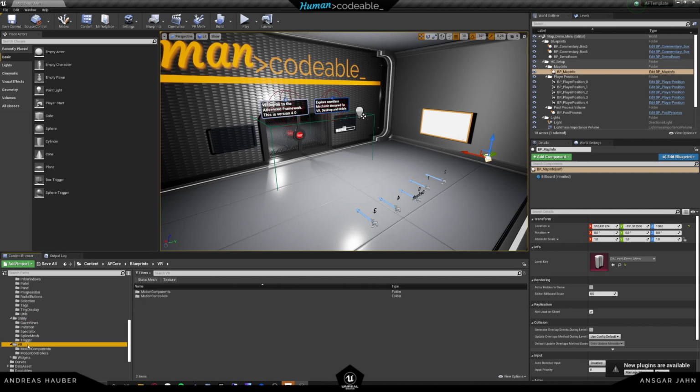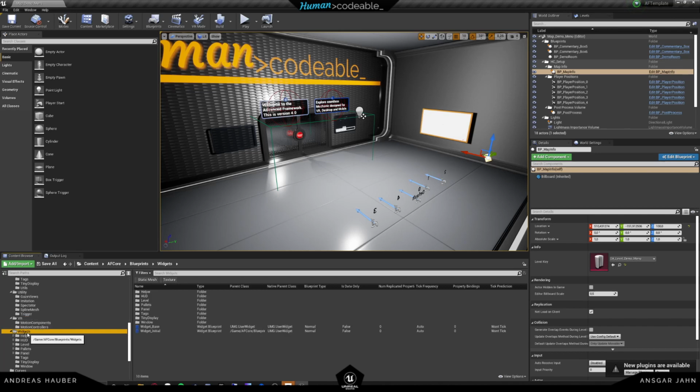A very important folder again is a VR folder, which has two subfolders, the motion components and the motion controllers. When we explain how to set up the VR pawn, we will also explain how to set up the motion controllers and the motion components, because this is a very, very core and important concept, and it should be explained in depth. Widgets, the